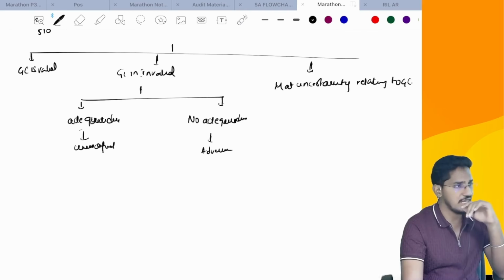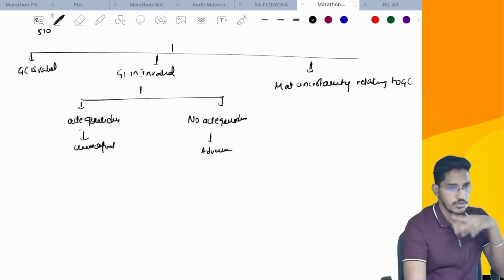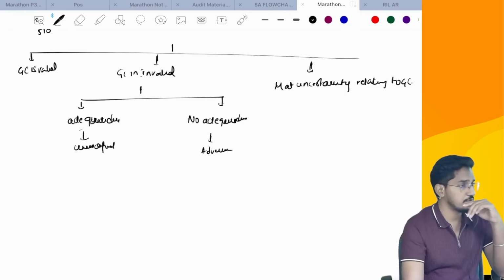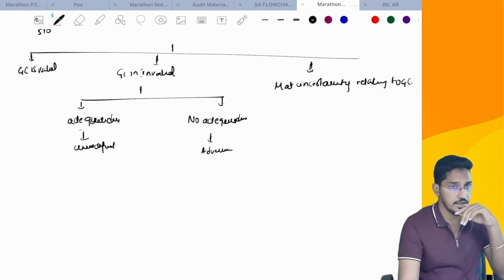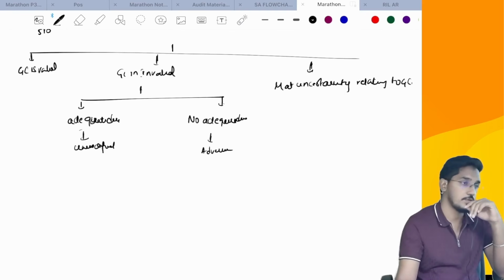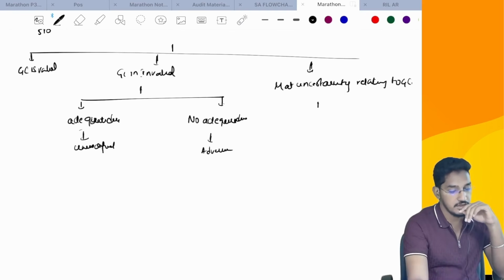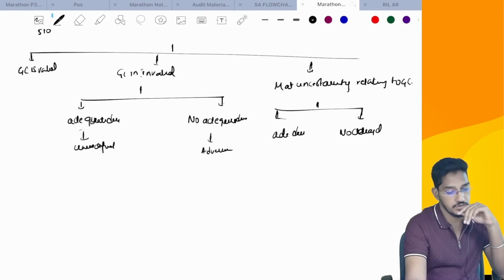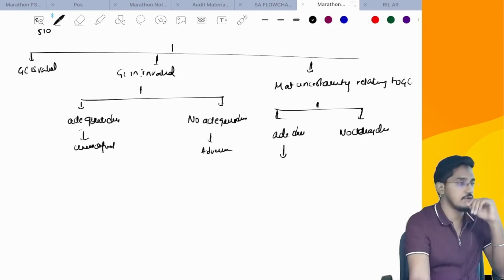That is depending on some events or conditions which are beyond the control of the management, beyond the control of the auditor. Now what should you do? If you find material uncertainty relating to going concern, what are you supposed to do? Here also, you need to check whether there is adequate disclosure or not. If there is adequate disclosure,